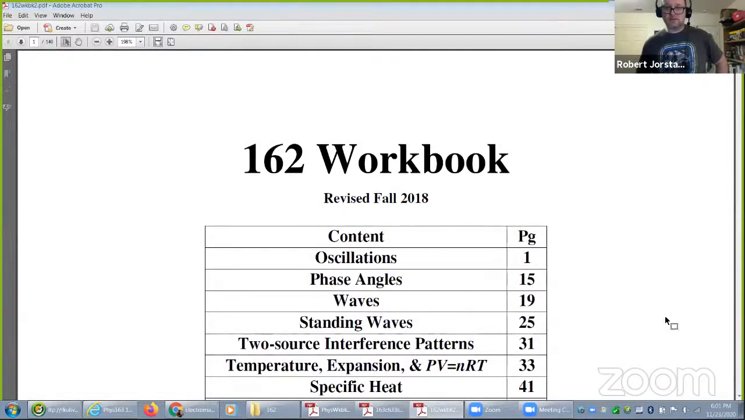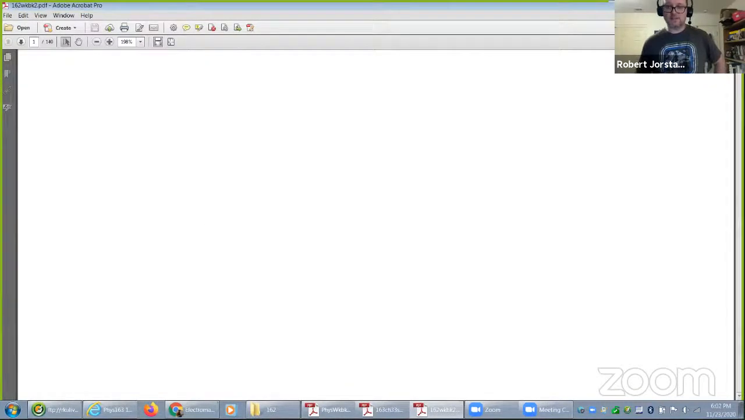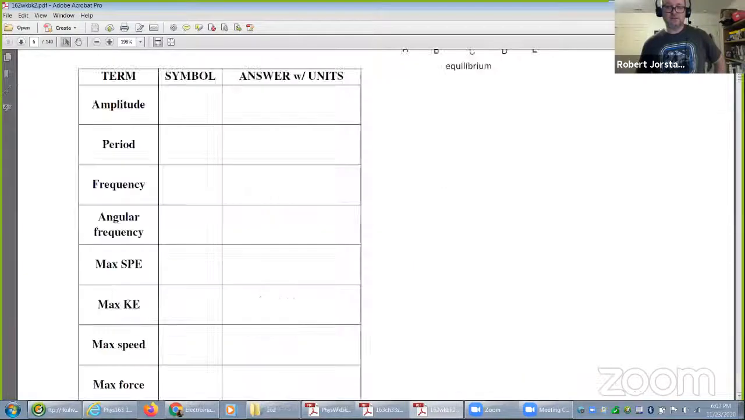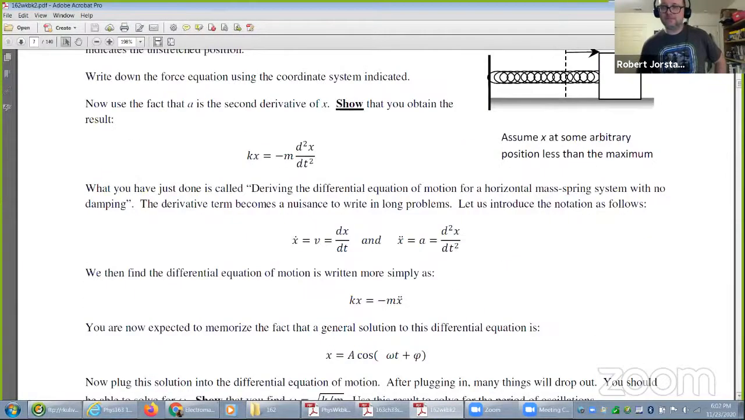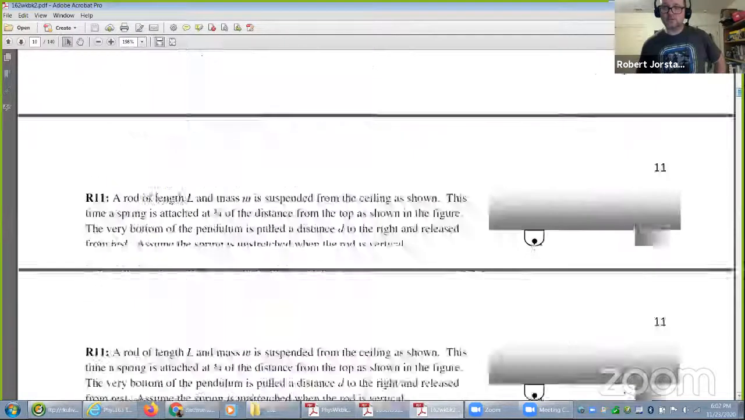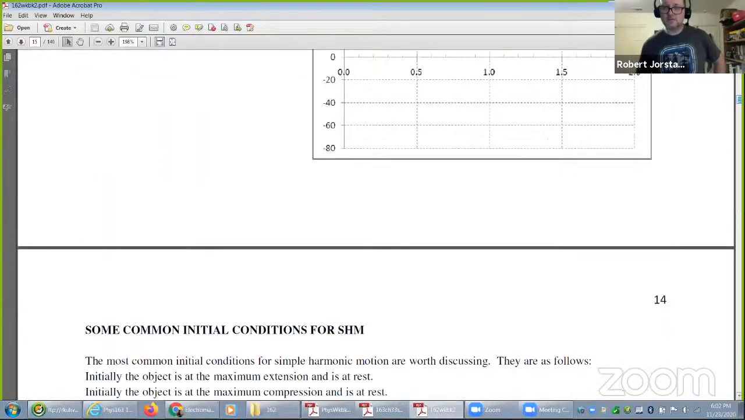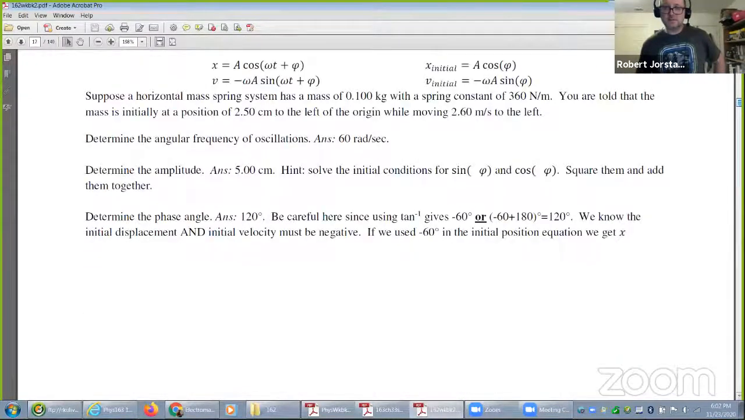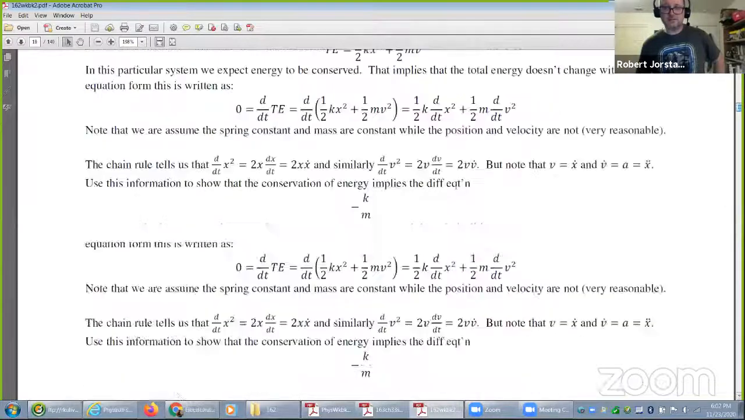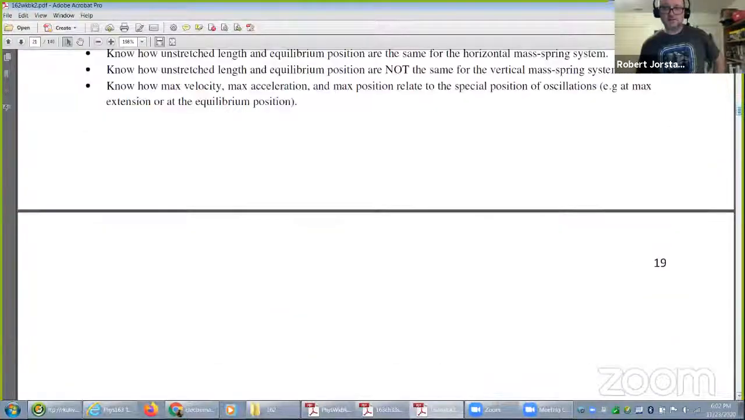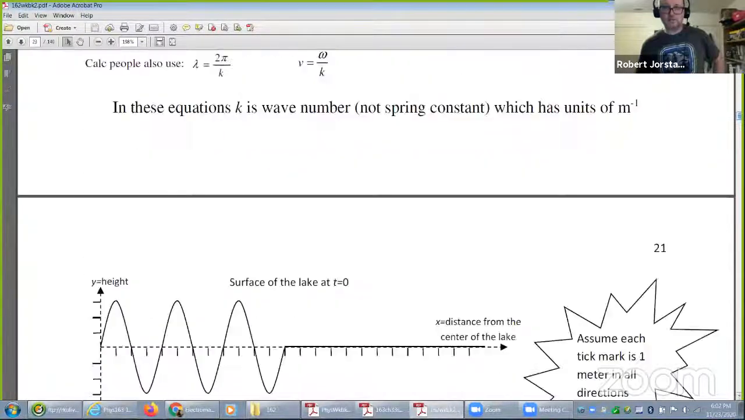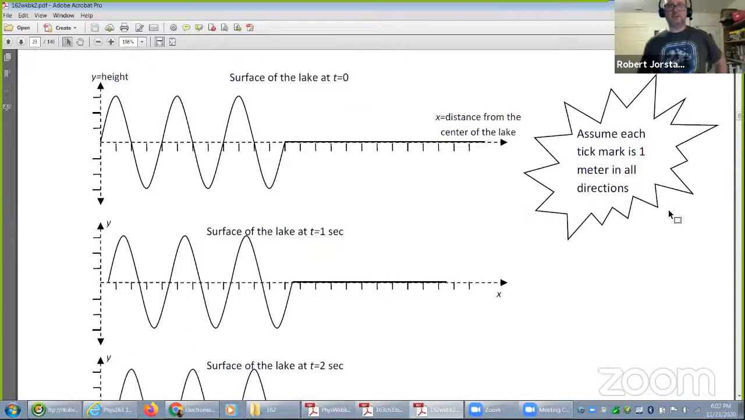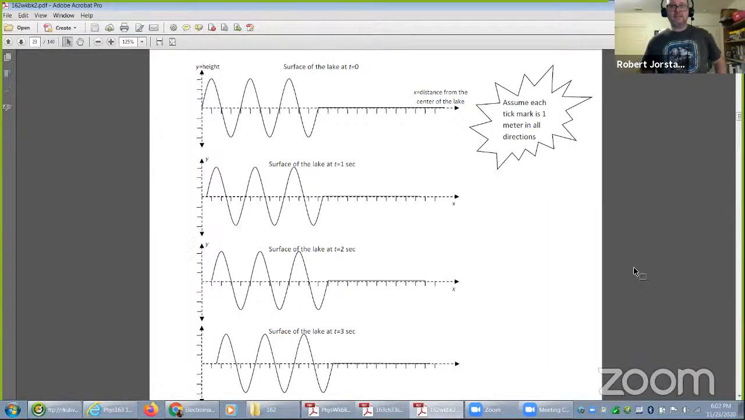So let's see, waves. You're going to do a lot more with waves and phase angles in there, probably. So that's oscillations. Waves. All right. So here's the idea. If you look at this, this is supposed to be showing these images. I'm going to make this a little bit smaller so you can see more. The idea is,